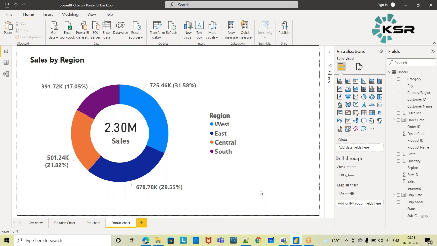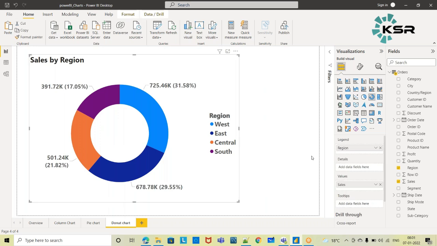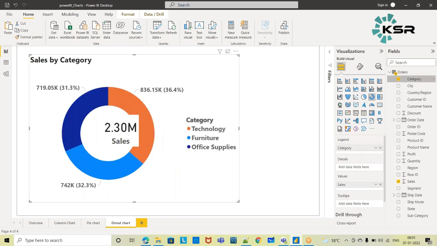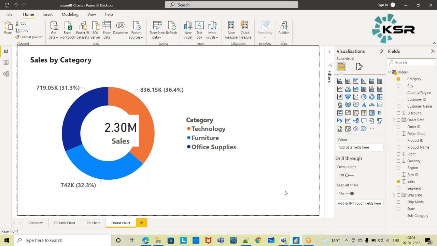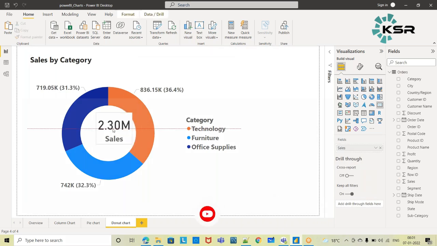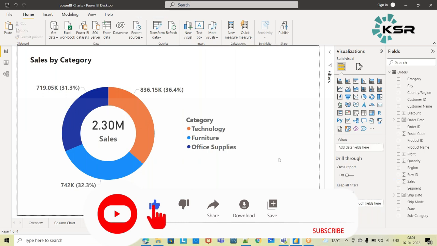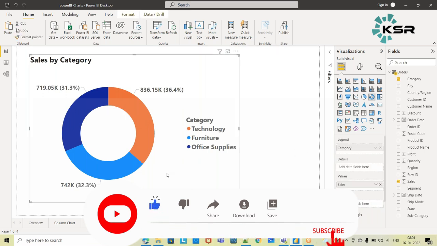So same thing, if you want to see, instead of region, category wise sales, then that is also fine. Now the question is, when you are adding some additional information similar to the pie chart, right?